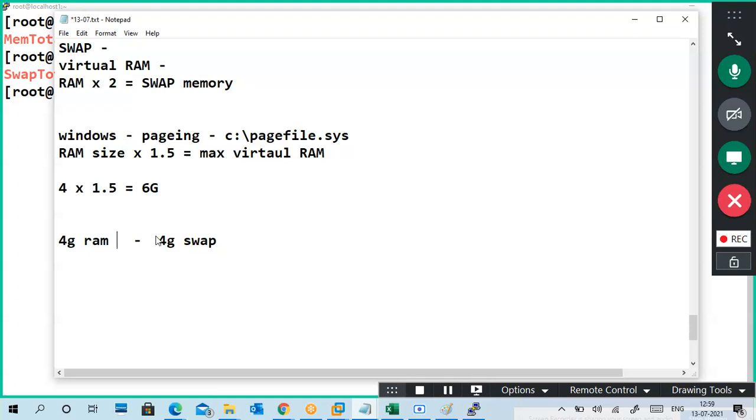Actually, my plan was 2 GB RAM and 4 GB swap, but I increased the RAM before installing 12c, and 12c verified 4 GB RAM and 4 GB swap. For Oracle 12c, 2 GB RAM is enough, and around 1.5 GB swap is enough.